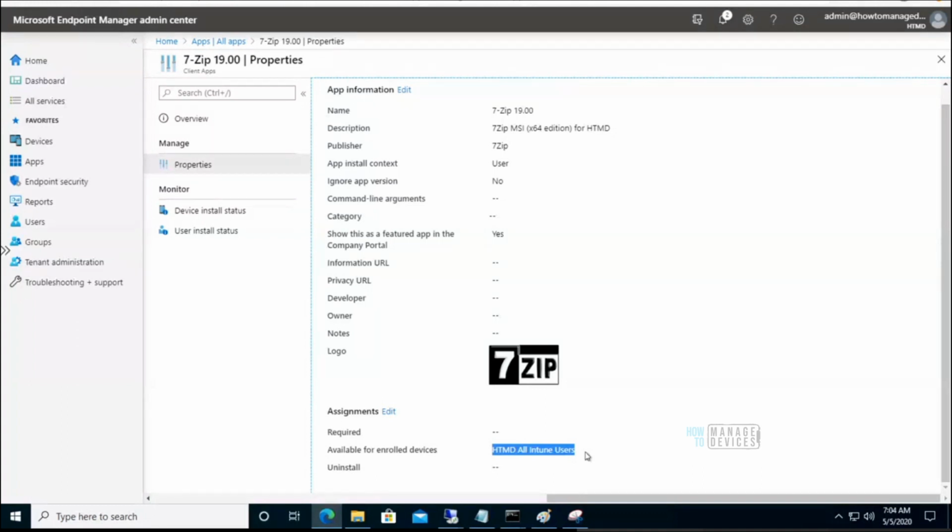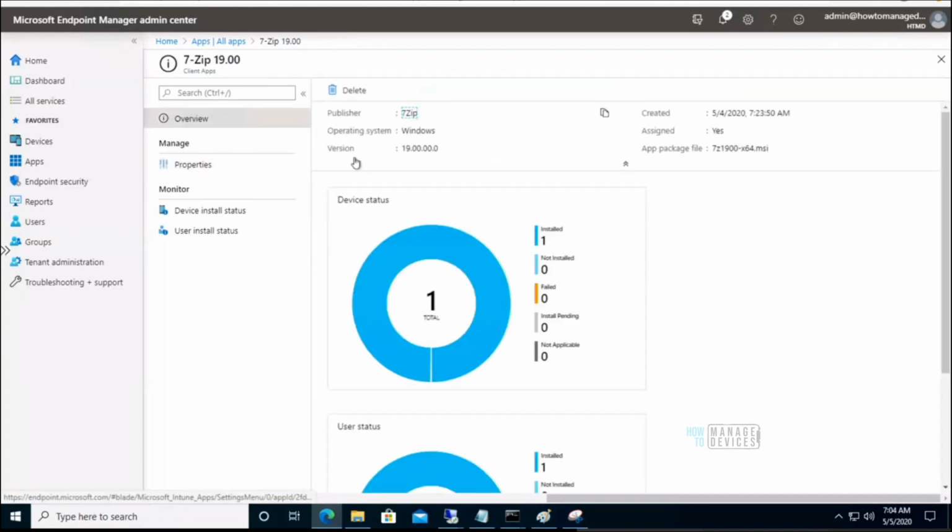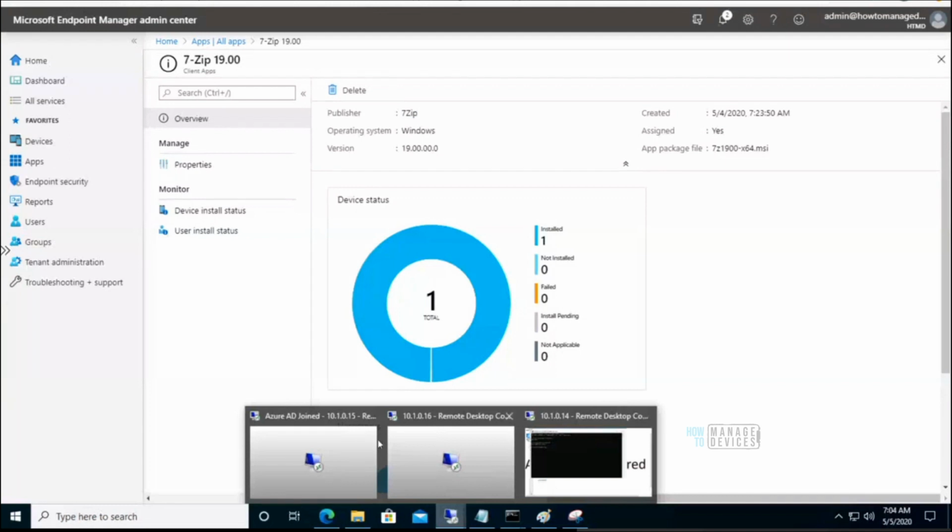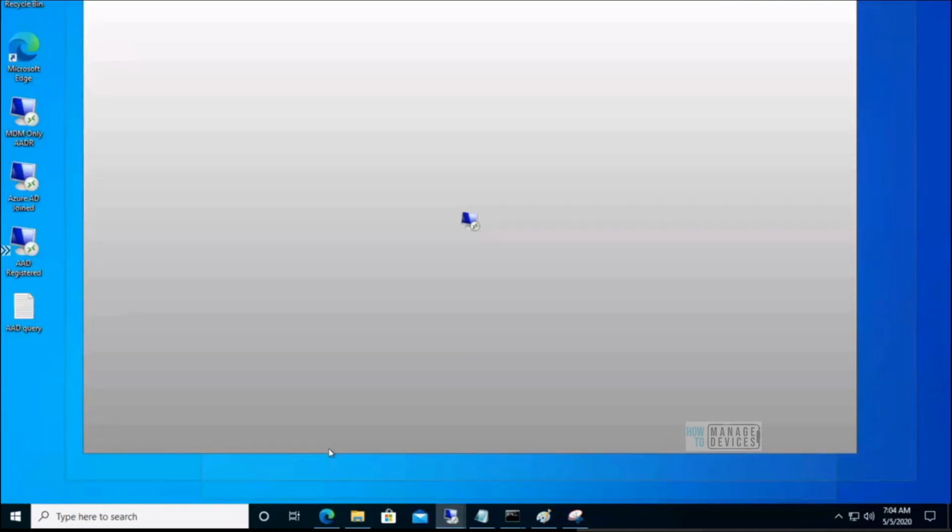Then I created another Azure AD group and deployed to that. As you can see in the overview, it got installed on only one machine. You need to remember that it's an available application, so you need to go to Company Portal and the user needs to install it manually. That was the experience I had.